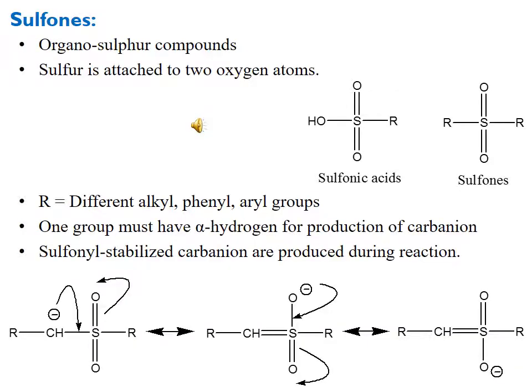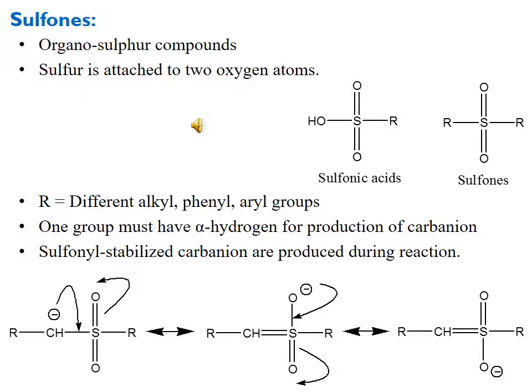First reacting region in this reaction is sulfone. Sulfones are organosulfur compounds. In the sulfone, sulfur is attached to two double bonded oxygen atoms. Here you can see one is written as sulfonic acid, which contains S double bond O, which is attached with R and OH. But if S double bond O is attached with two alkyl groups, then this is known as sulfones. Here the R group can be different alkyl, phenyl, aryl groups, etc. But one thing which is the basic necessary condition for this reaction is that one group among these two R groups should bear alpha hydrogen for the production of carbanion